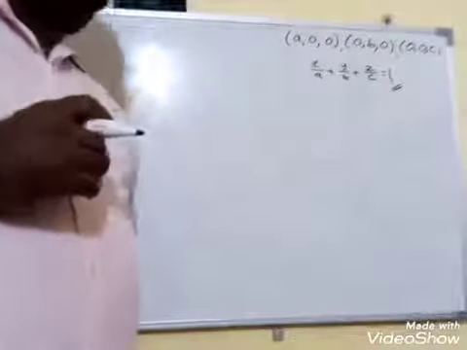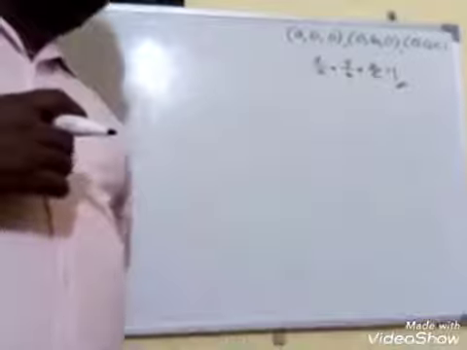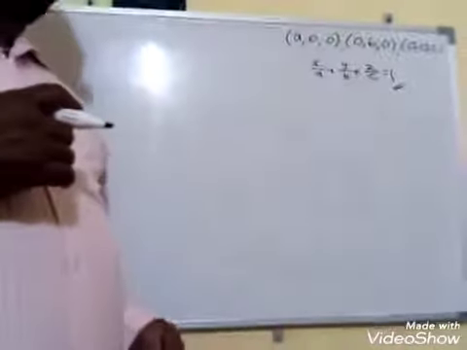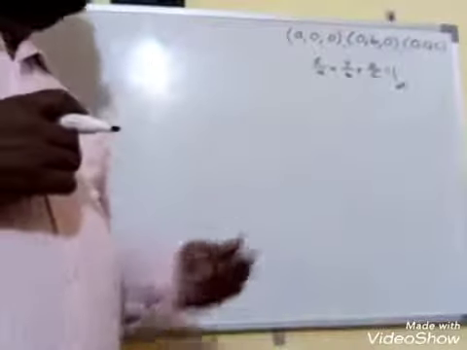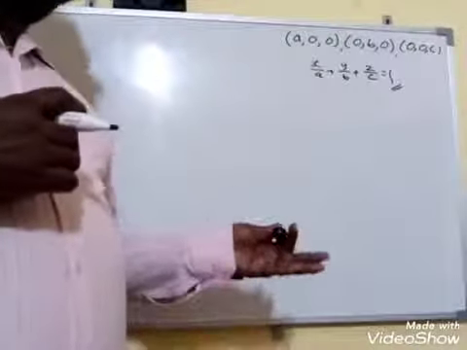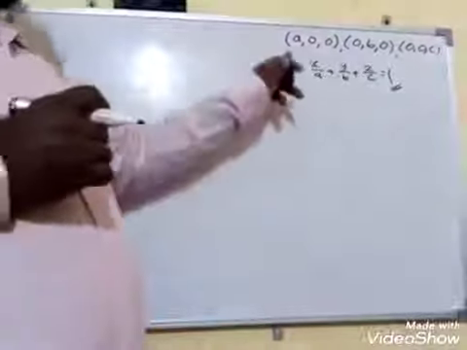That is, if they are given 3 non-collinear points, I will mention 3 non-collinear points anyway. Why? Because they are non-collinear points. One lies on the x-axis, one lies on the y-axis, and one lies on the z-axis. Ultimately, what do you know? The other coordinates are 0, 0.